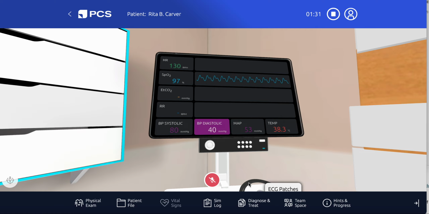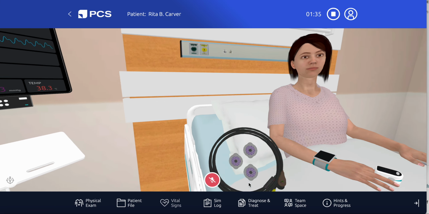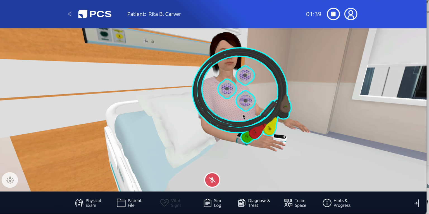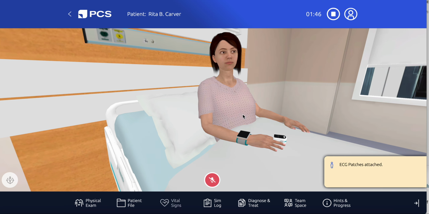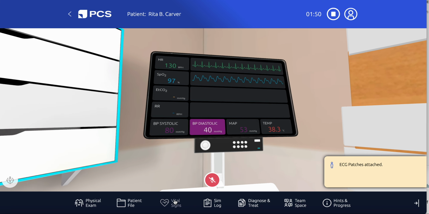If you would like to put the patient on telemetry, you can click on these EKG leads. It will then automatically move you back to the patient. You hold the EKG leads over the patient until they're highlighted. Once they're highlighted, you click, and now they're attached. And if I click this vital signs tab, it then takes me back, and now the